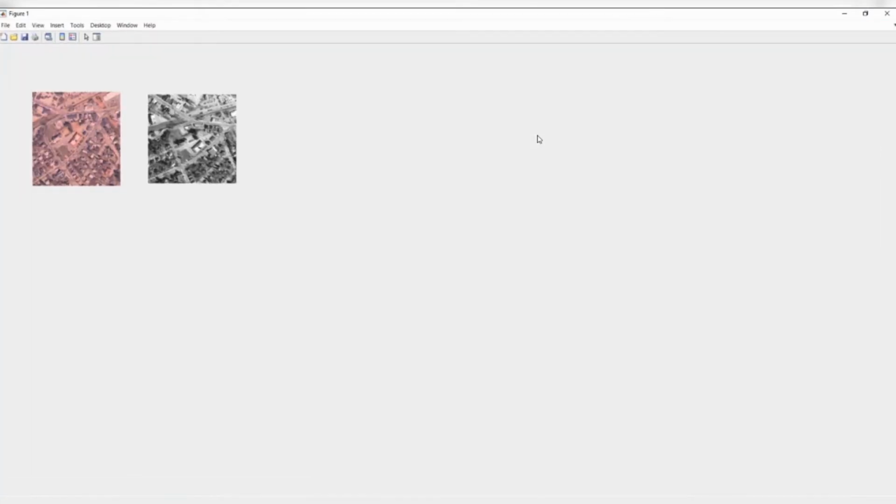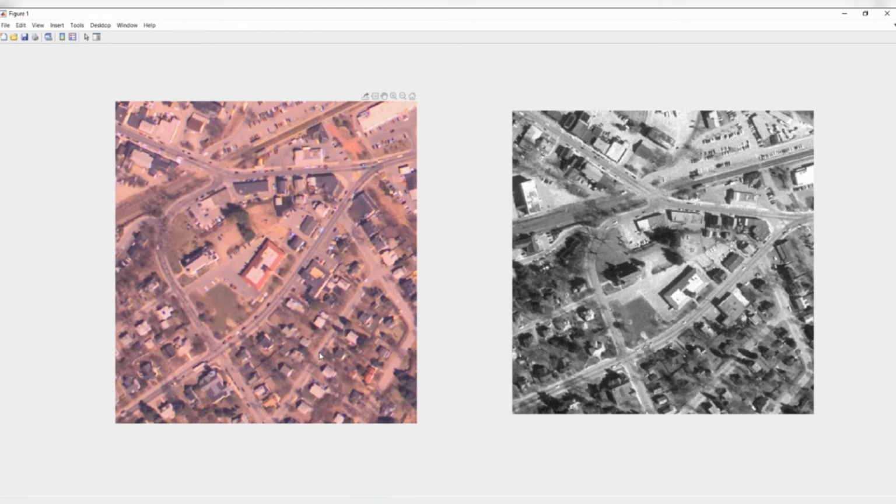So these are the two images, an aerial view of a region. One is colored and the other one is grayscale. If you observe this building, it is here and it is here as well, but there is some rotation or translation between these two images. What I want to do is register this image on top of this, or the reverse, whichever way you want. You can choose which image has to be registered. Let's try this out.